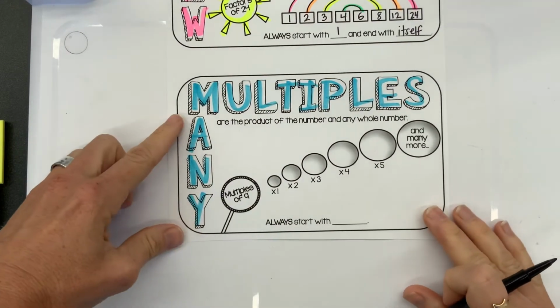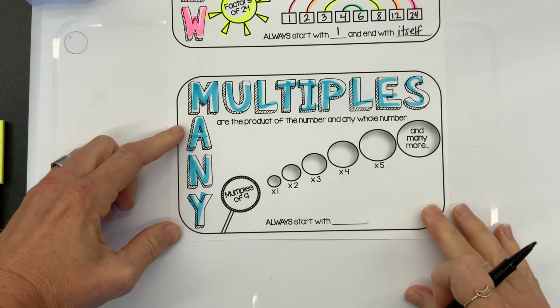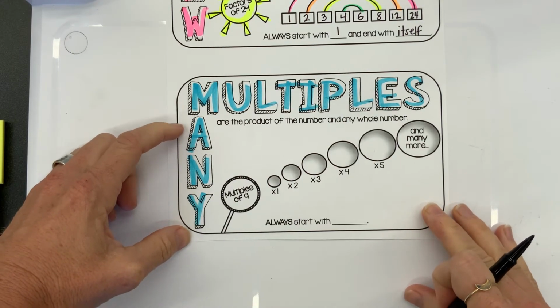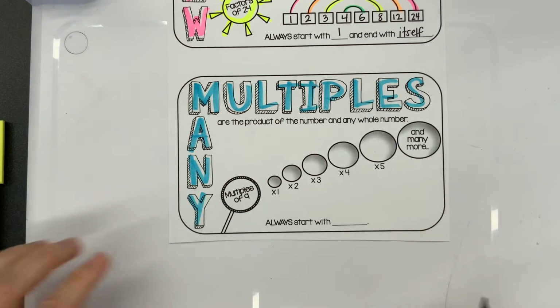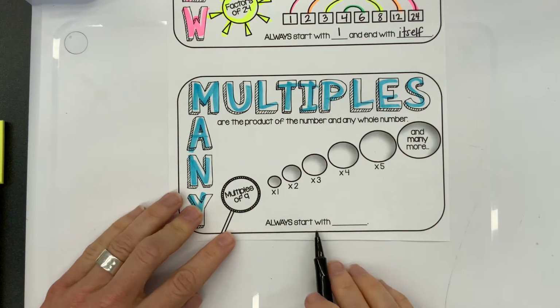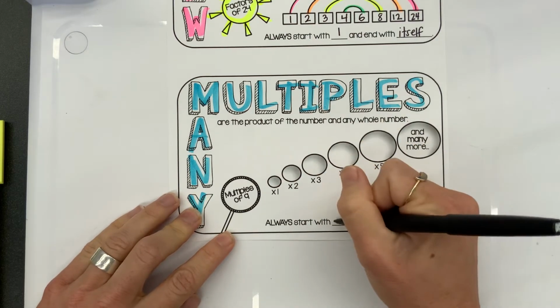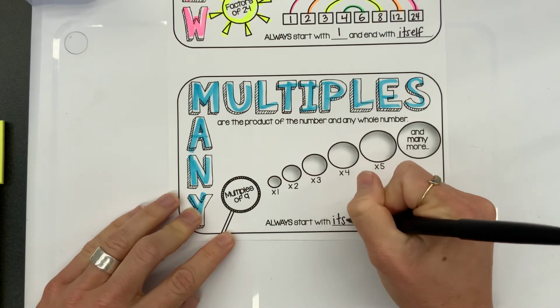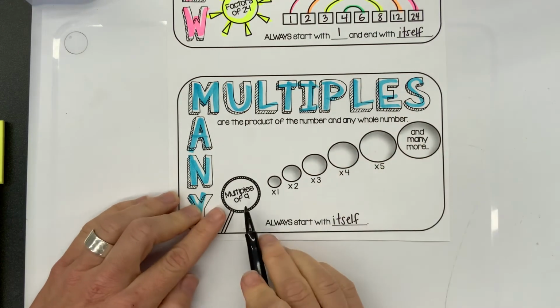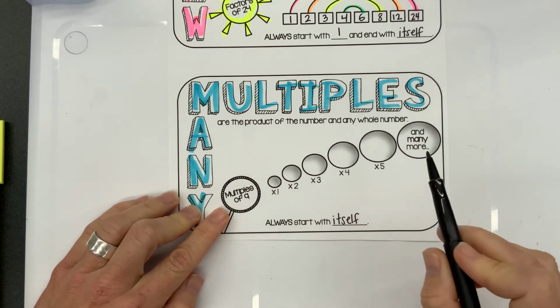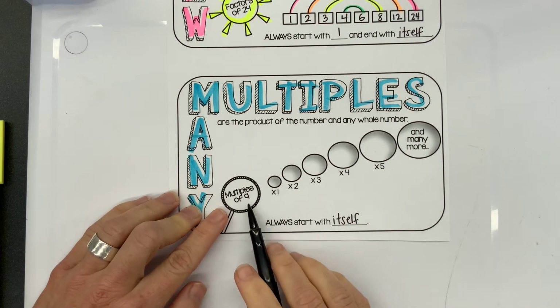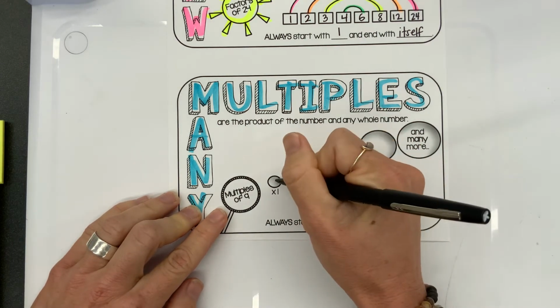Now, multiples of a number are the product of the number and any whole number. So let's say I wanted to find the multiples of 9. I am always going to start with that number itself. So I'm going to start with 9. And then I'm going to skip count by 9s, or I can think of it as 9 times 1 is